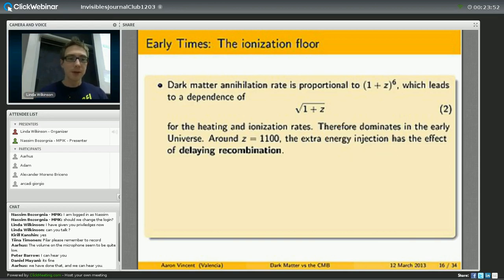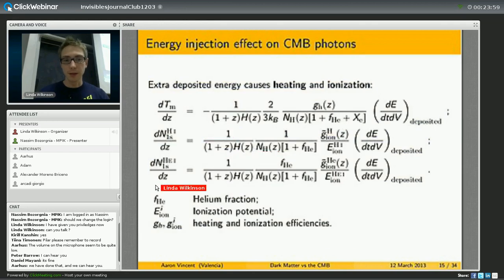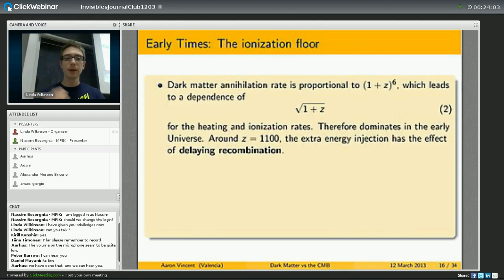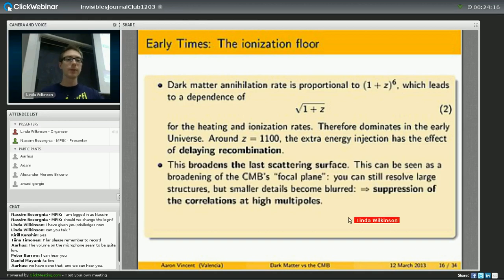So around a redshift of 1000 or 1100, you have this increased ionization that's due to these terms here. And the effect of this is to delay recombination. You have an extra source of energy that's ionizing the universe as it's trying to deionize, as it's trying to cool. And the effect of delaying recombination means that the last scattering surface